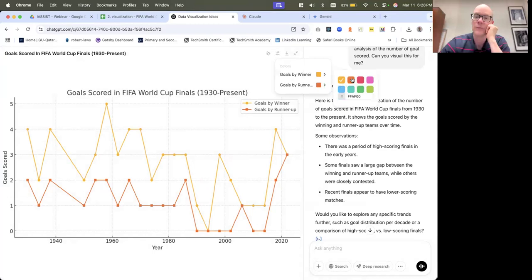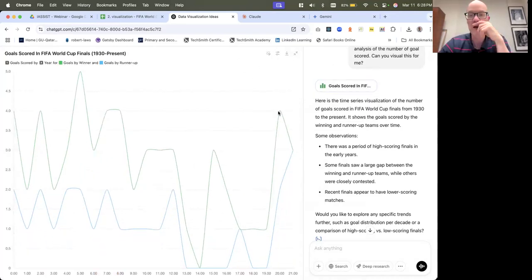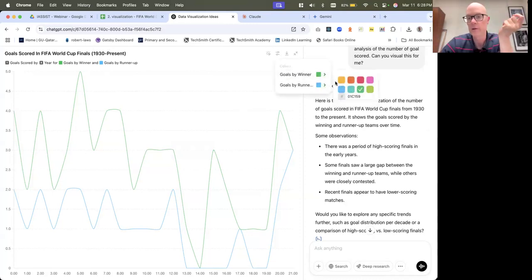Well, it's not very dramatic, but I can change colors if I want, at least in theory, although it doesn't seem to be agreeing with that. Oh, here we go. Now, yes, you have to switch to interactive mode versus static. Now this is interactive mode, so I can actually hover and see some of the data as I go over it. Now I can change the colors, and they will respond to my changes.